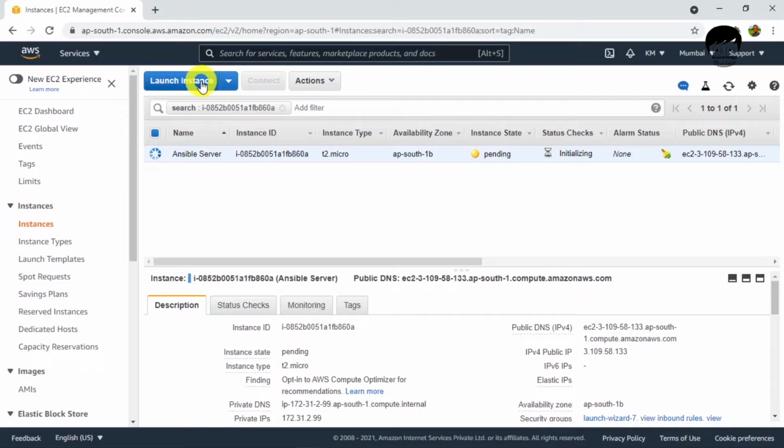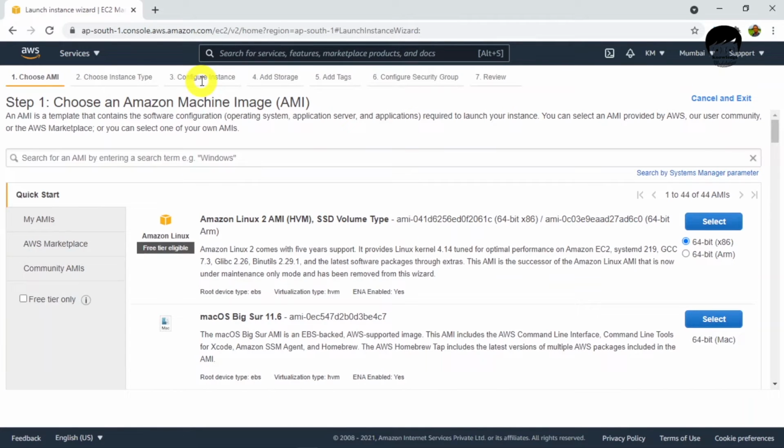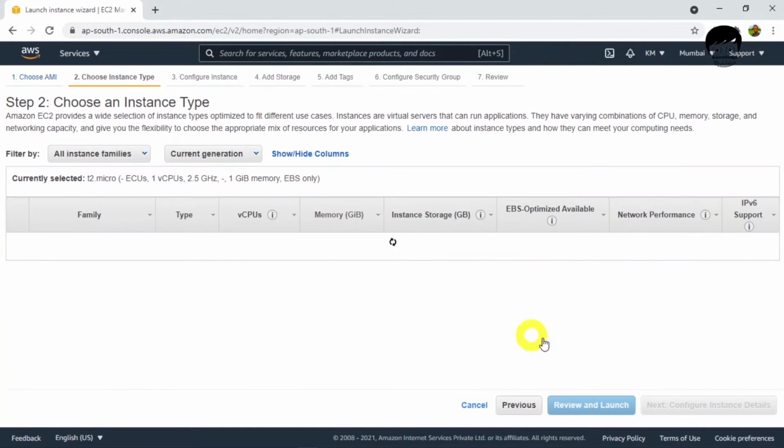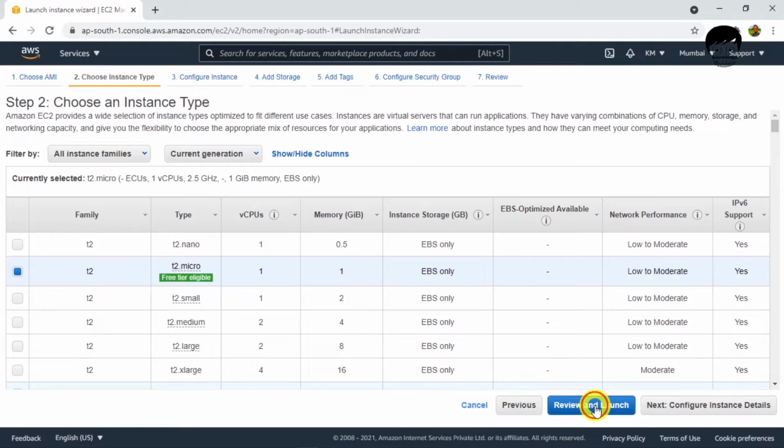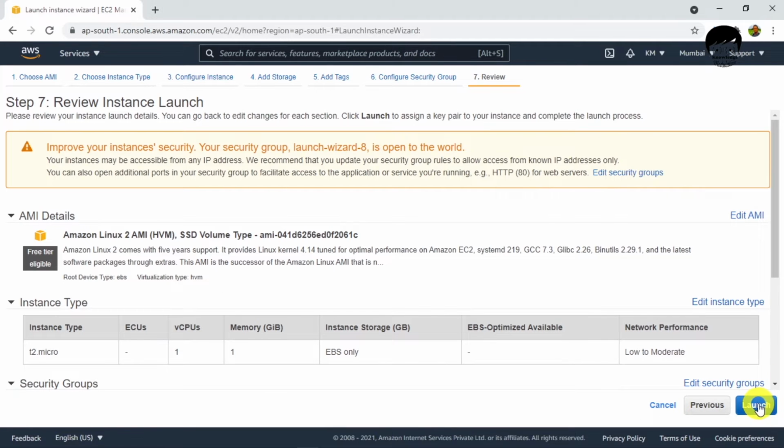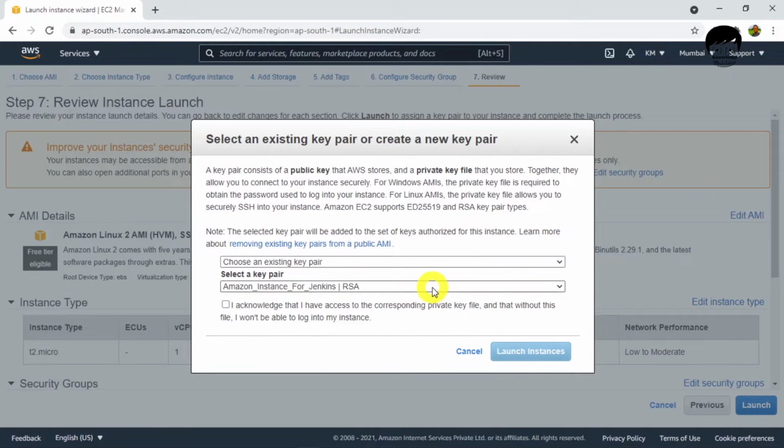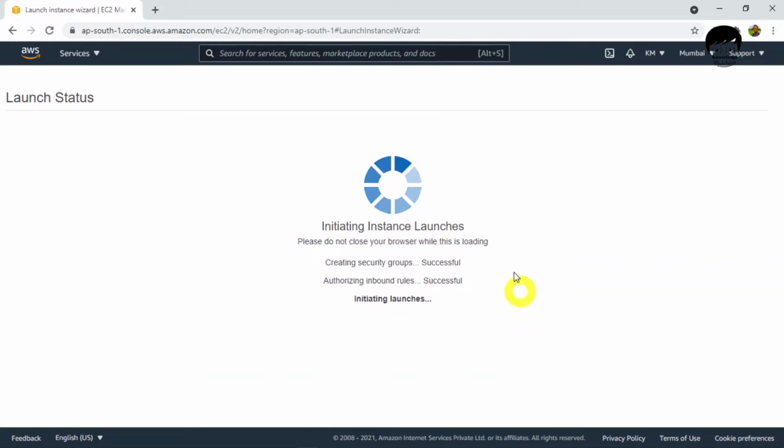As I told you, we need two more instances. So again I will click on launch instance. Again I will select this Amazon Linux AMI 64-bit OS. I'm not going to change anything, and review and launch. Again I will select the same security key, so that I don't mess up with security keys.